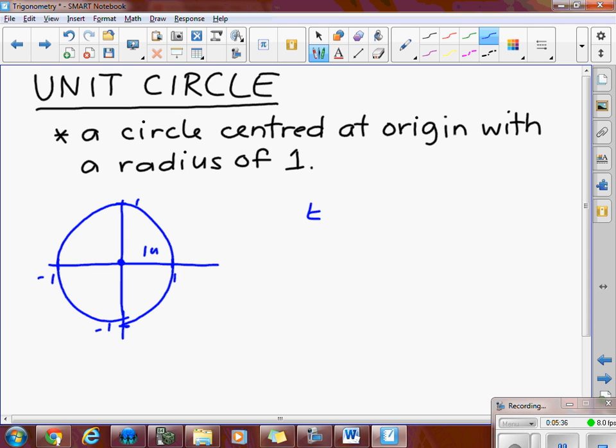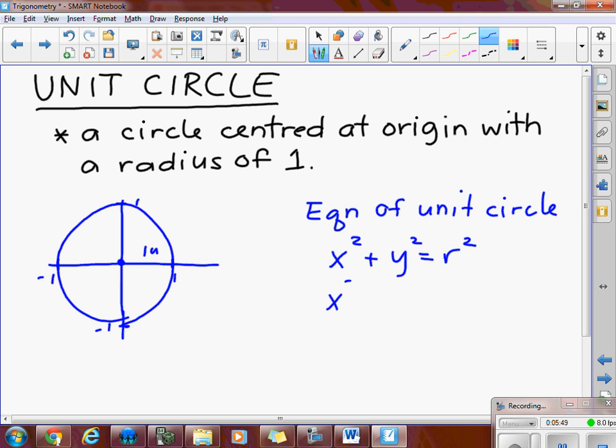The equation then to the unit circle is fairly easy. We just say x squared plus y squared equals the radius squared, but the radius in a unit circle is always 1, and 1 squared is simply just 1. So the equation to the unit circle